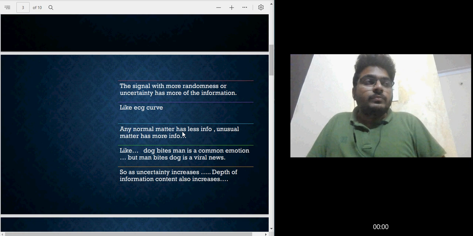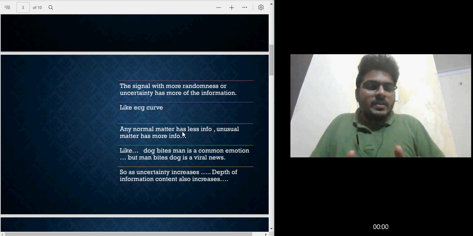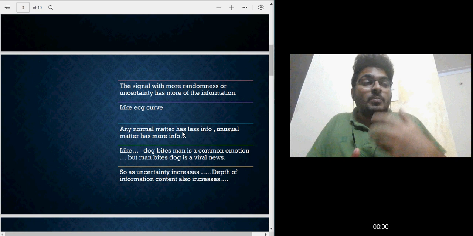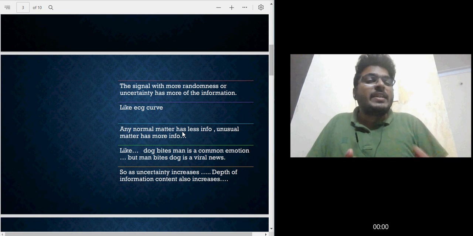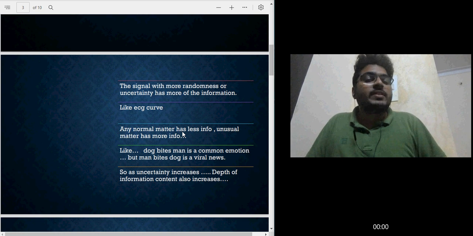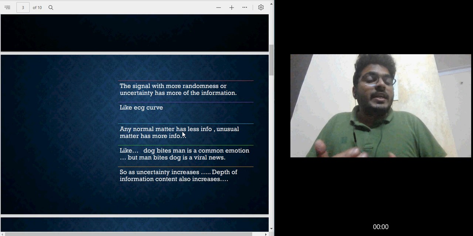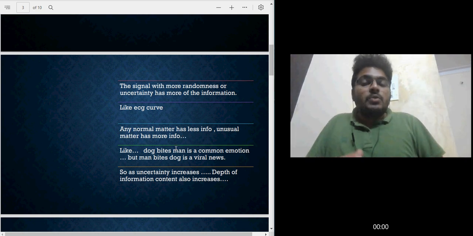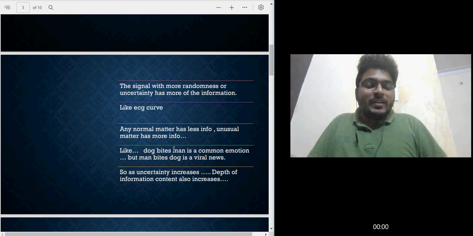So this might be a little complicated, but if you see a doctor's graphs, if you see some reports, you cannot understand it. But the more the complexity increases, the more information is there inside it. That's how a signal is intuitively understood. The more randomness, the more signal content, the more information is there. If no randomness, it doesn't mean no information is there, but the amount of information will increase with the amount of randomness present inside it. So just to elaborate, I have written some more points.